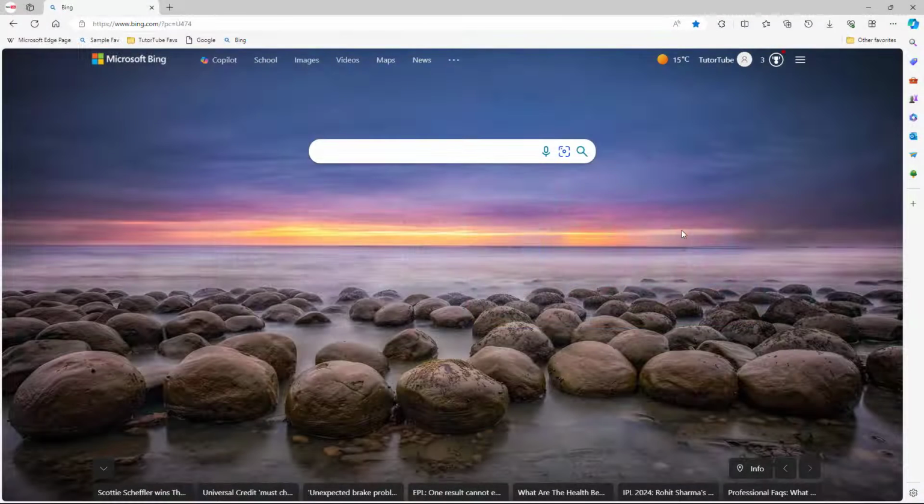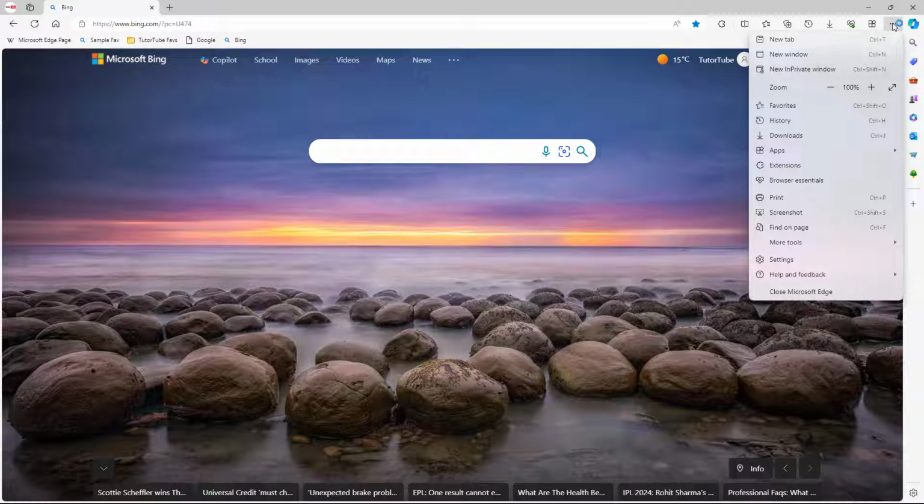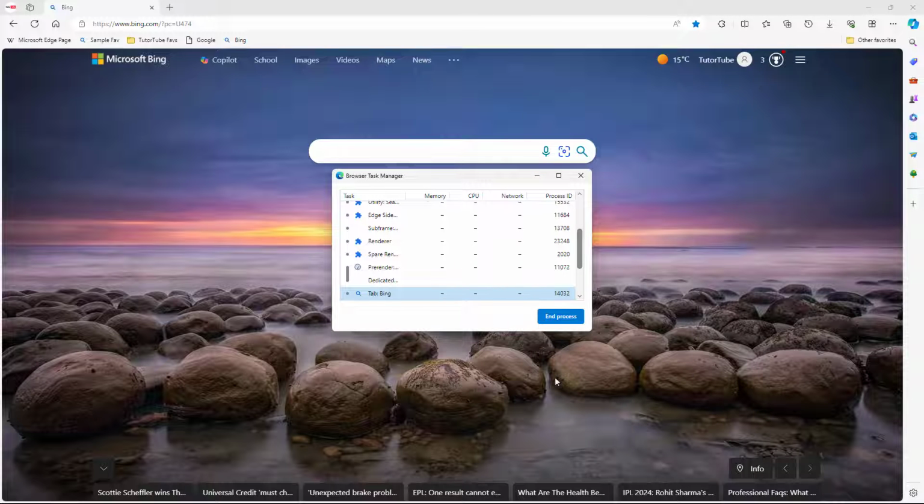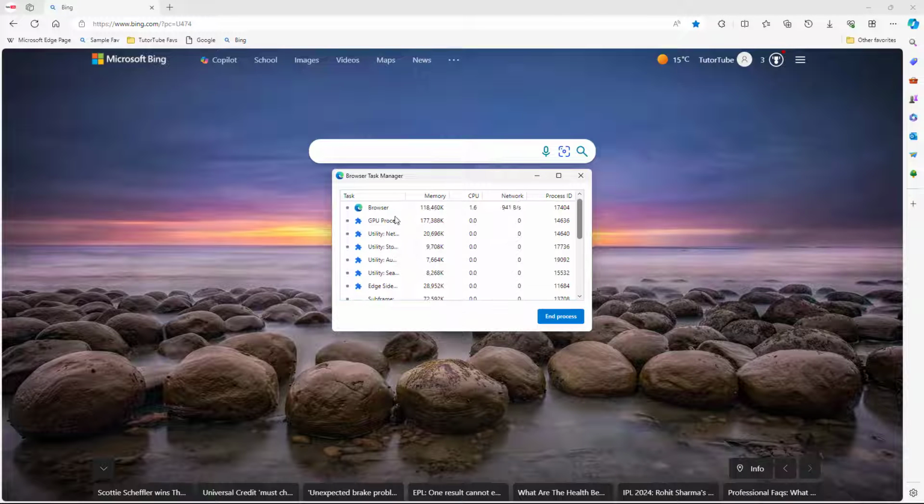So in Microsoft Edge, there are a lot of background processes going on constantly. If you want to access them, see what the background processes are, and even control them, what you can do is go to the three dot button and then go to More tools. Once you go to More tools, you can see that Browser Task Manager is an option. So if I click right here,